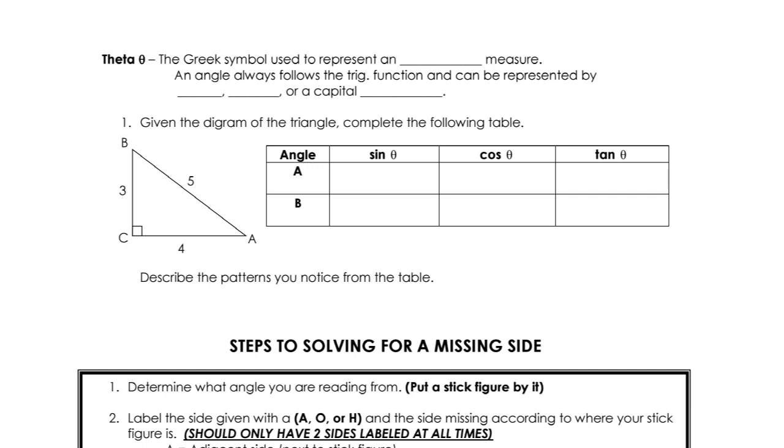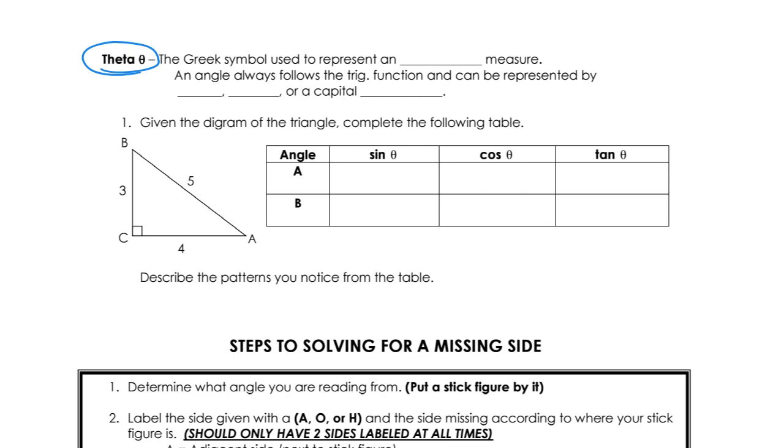All right, guys, we're on the back side of notes, and we just learned our trig functions: sine, cosine, and tangent. We also learned that an angle always follows the trig function, and that it's equal to a certain ratio of two sides of our right triangle. We have to realize that our angle symbol that follows the trig function can be used as